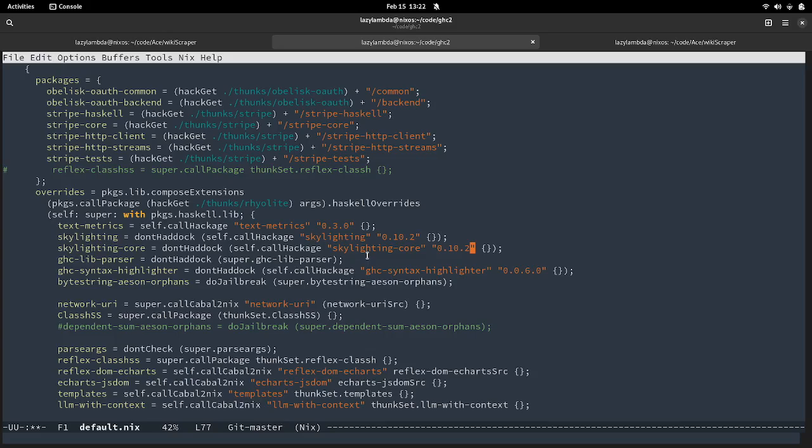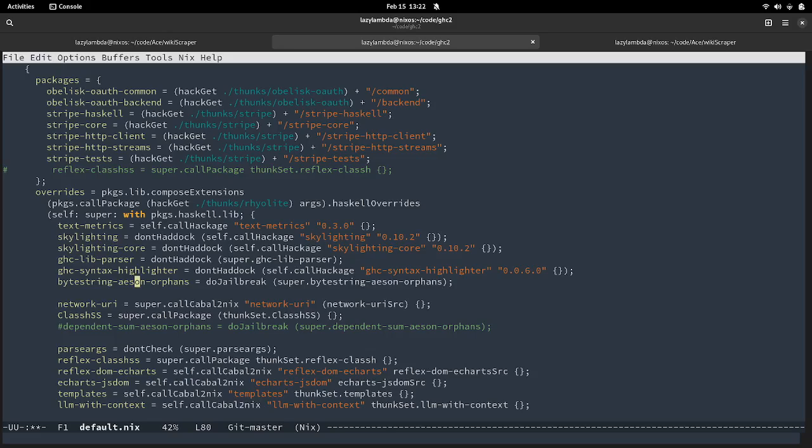But ultimately, what you're probably using Nix for is to pick particular versions of a package. Yeah, just because the versions on Nix work doesn't mean that within that version the Haskell packages all work together, right?